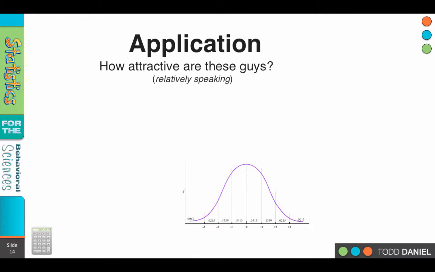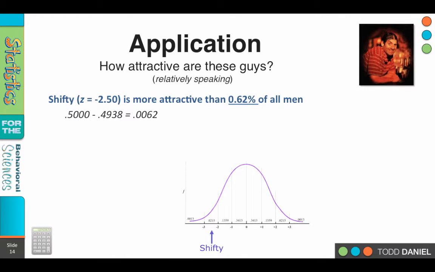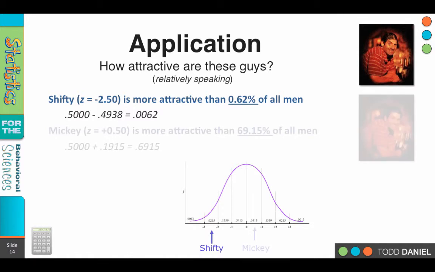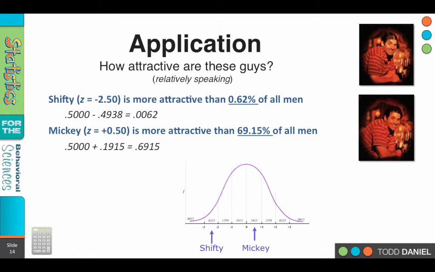So Shifty has a z-score of negative 2.50. It's way down on the low end of the bell curve. This comes out to a score that is actually greater than only 0.62% of all men. That means that it's less than 1% of guys who are lower than Shifty's score. For Mickey, he's slightly above average. His score is a positive 0.50. This is more attractive than